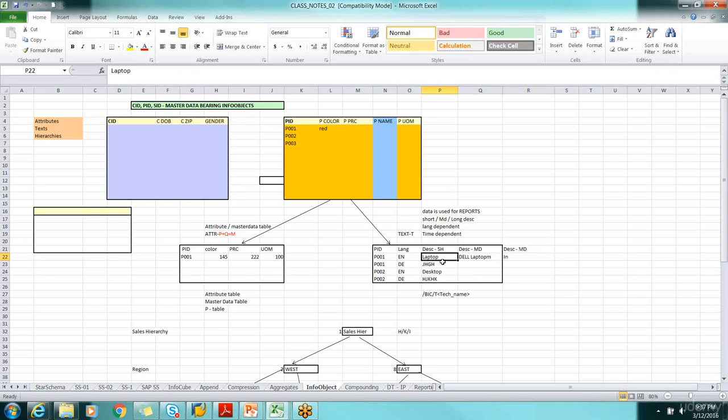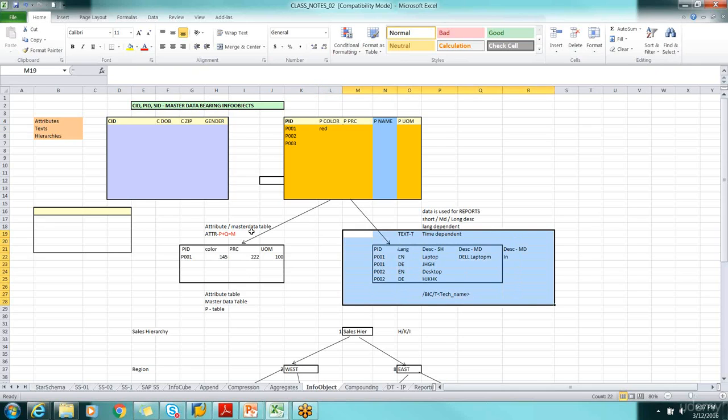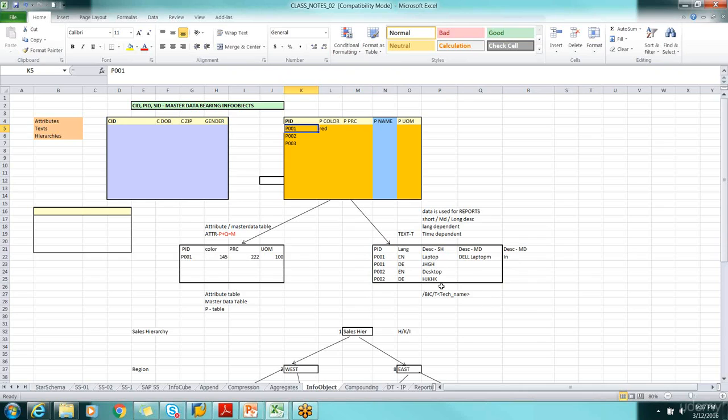Okay, short description means it just says, okay, laptop only. Okay, this product P001 is red in color. Okay, and then that color has now again an extension here, right, for this color. Another way is, also for this, we need a detailed description of what this product is. For that, you have a text. Text means you give the description over there. Okay, so